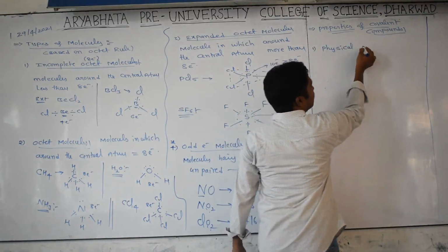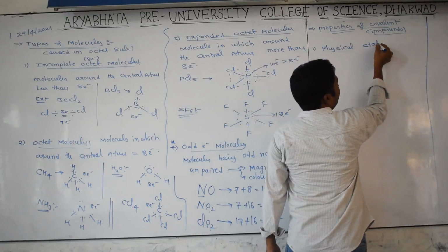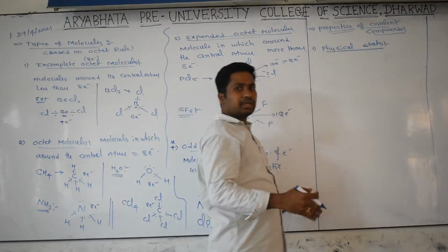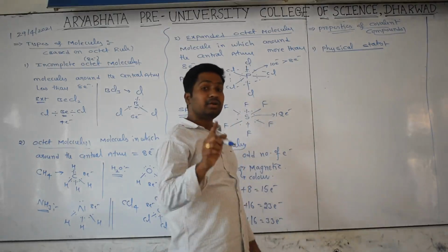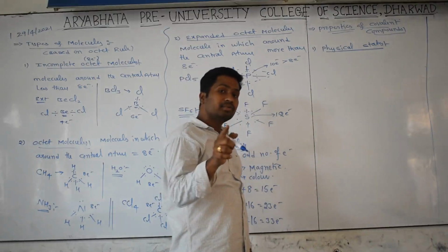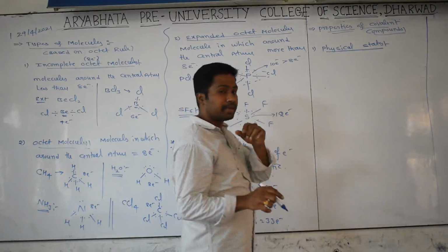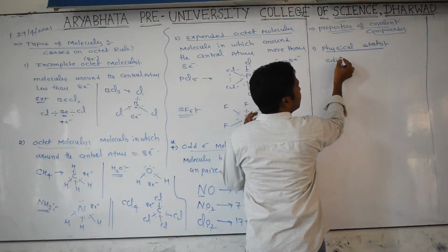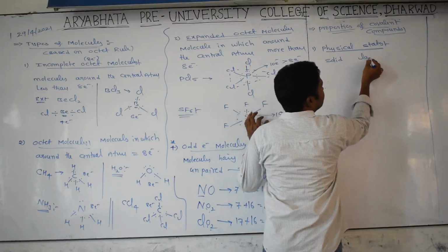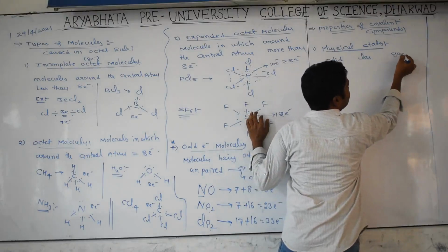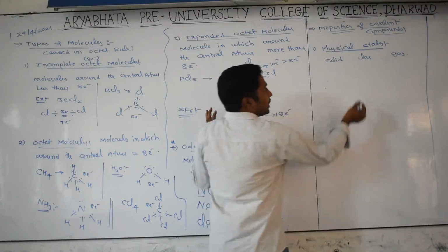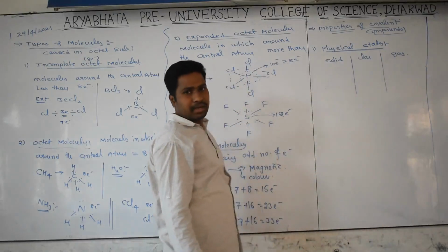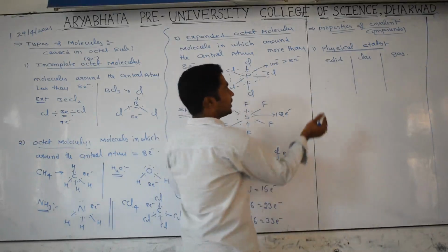How do covalent compounds exist in the universe, whether as solids, liquids or gases? I already told you all ionic compounds exist in the solid phase, but covalent compounds exist in all three states: solid phase as well as liquid phase and also gas phase. Can you give me some examples for solid, liquid and gaseous covalent compounds? Do you know? Yes, you can take